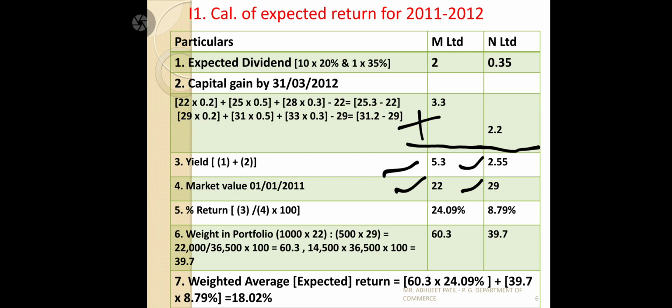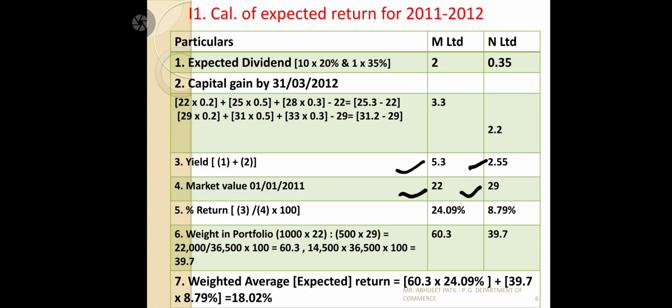Then percentage of returns: you should relate to the percentage of returns because last year the market price is 22, so you can get the yield of this year on 22. So we should find out the return with the help of market value and yield, that is column number 3 divided by 4, that is 5.3 divided by 22 into 100, we'll get 24.09, and the same, 2.55 divided by 29, we'll get 8.79